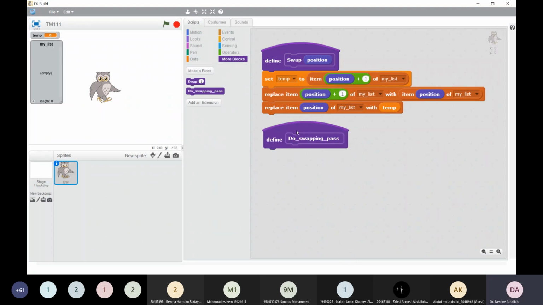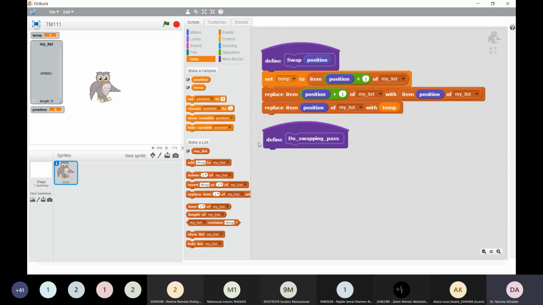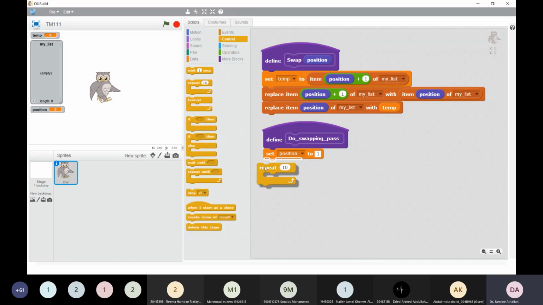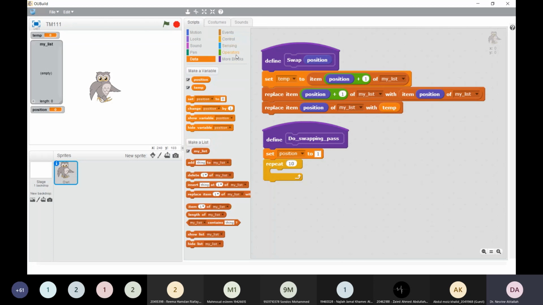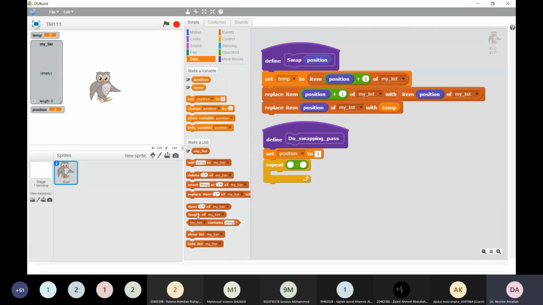In this do swapping pass, I will create a variable called position, and I will set position to 1, the first position. I will repeat how much? I will repeat the length of the list minus 1. We will repeat what? We will compare if,